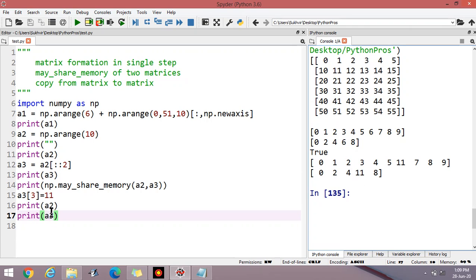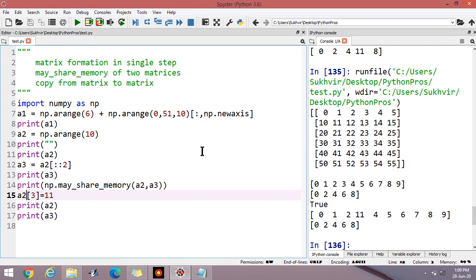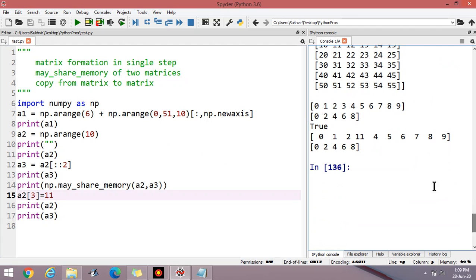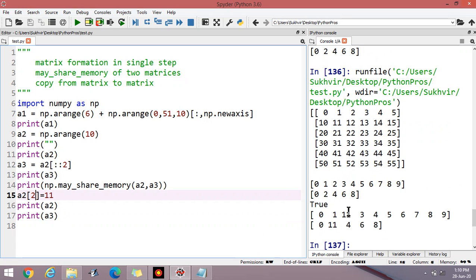If I am changing the value at position 2 in matrix 2, now check the output. If I write A2[3] is equal to 11, 3 is there, but 3 is not there inside the second matrix. That's why there is no change. If I write 2 here, there is a change, because 2 lies in this matrix also.